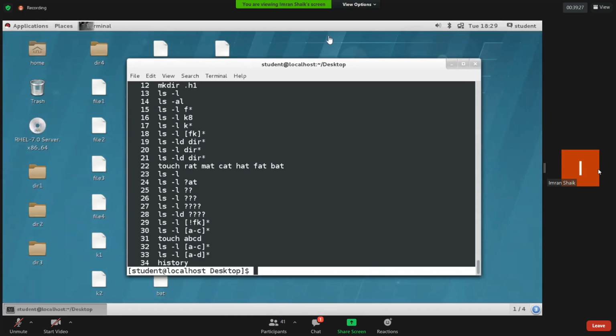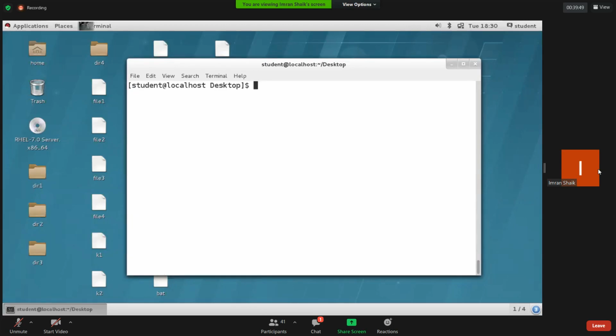Frequently we are going to use these ls syntaxes to filter the directory content. So what is the use of ls? Filter the directory content, list out the directory content. How many files and how many directories we have in the current directory, we need to know, so we should execute ls. Okay, good. Now we'll see a few filter commands.